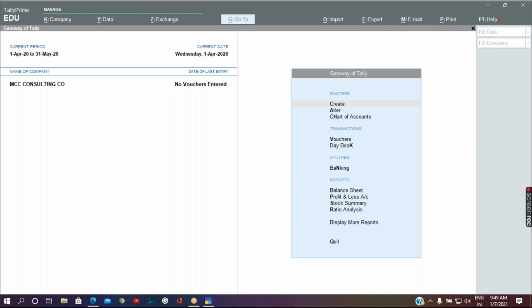When you say contra, contra is used only for transactions related to bank and cash ledgers, in situations where you are using only the bank ledger and cash ledger.